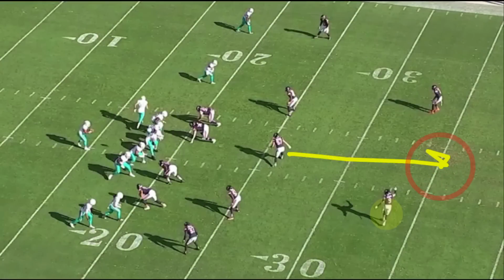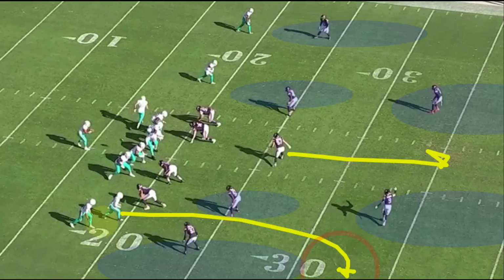Let's get it on. Working against a base Cover 2, you know the middle linebacker is going to get depth. You're going to have these safeties here at depth as well. And then you have the cornerbacks reading front to back, meaning they'll have eyes on the quarterback. So if you're working with a route like this corner route right here to Tyreek Hill, got a flat out